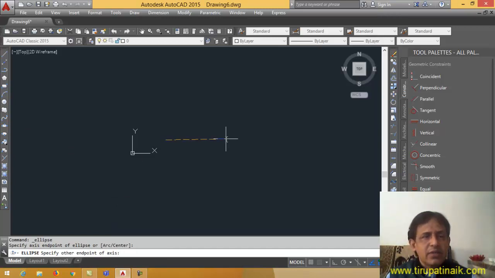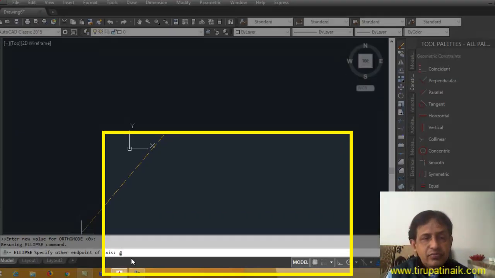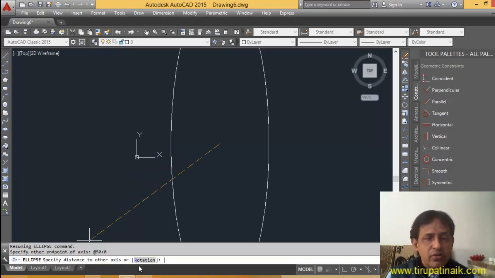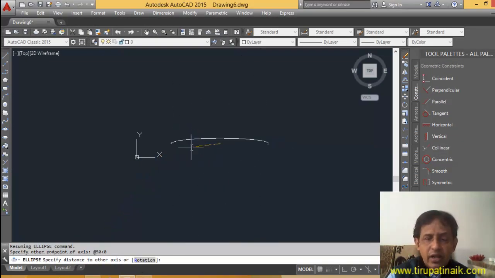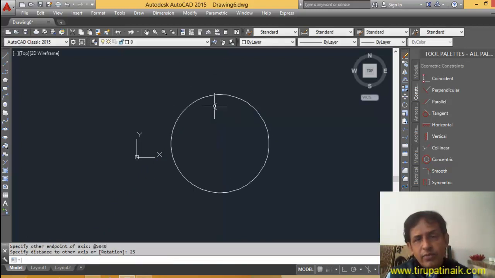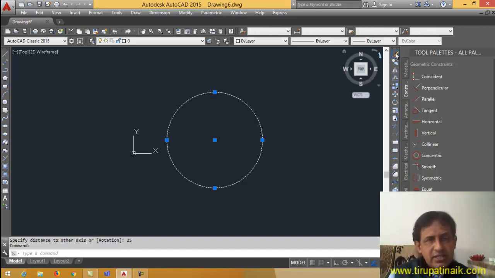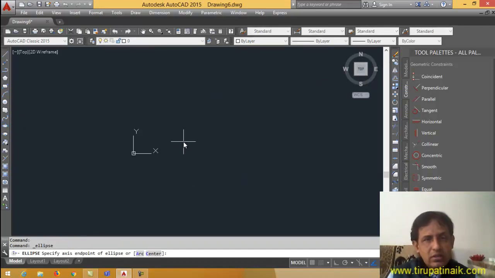So here we have to select the ellipse command. In this ellipse, we have to define the first point, then use a relative coordinate system or polar coordinate system. So at the bottom in the status bar, you have to type @50, angle 0 degree, and this is 50 from here to here, the first point, and then the major axis is 50, and 25 is the minor axis. So this is 50 and this is 25. It looks like a circle. Why? Because major axis and minor axis are both equal.